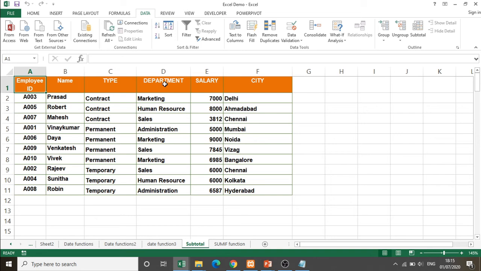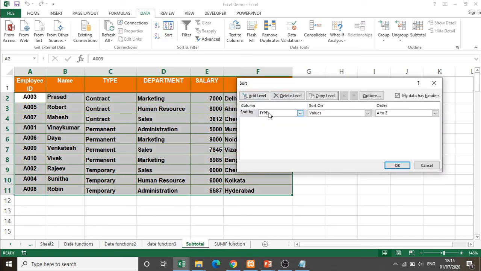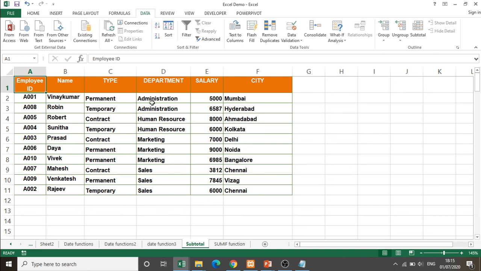Similarly, if you want to do the subtotal based on department, I will go to custom sort, then I will make use of department, click the OK button. So now the logical grouping is done based on the column department.